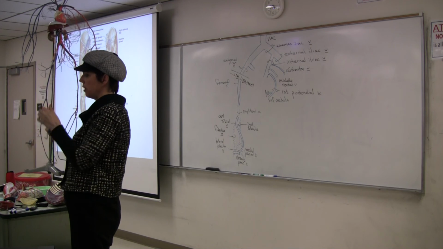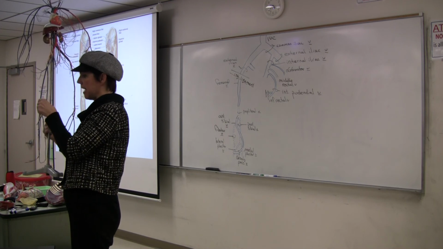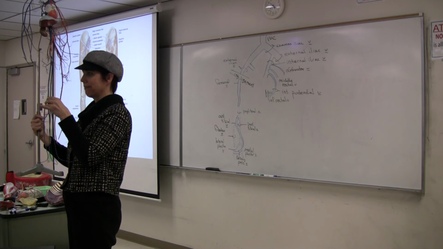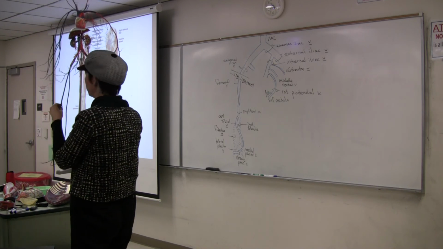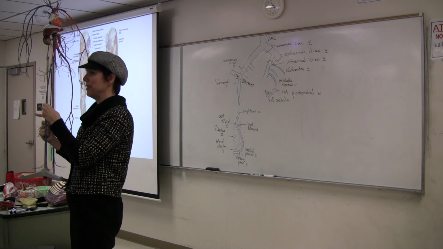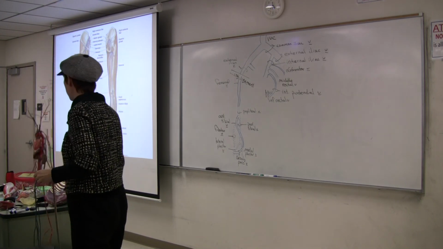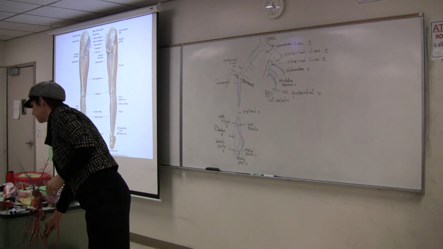Now on this model, it shows it coming in from the side. It's actually right behind the posterior tibial. I can't draw it right behind it because then you wouldn't be able to see it because it's behind the posterior tibial. So I often illustrate its location by